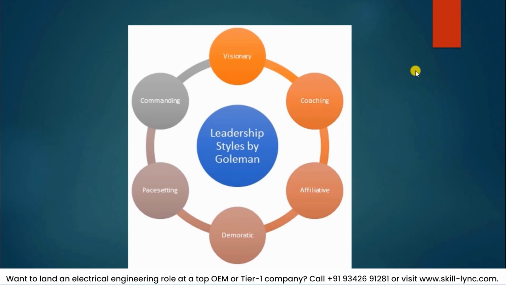So typically, a good leader is one who can effectively switch between all the six leadership styles as the situation demands. For example, in certain situations where genuine concerns have to be voiced, he has to be democratic, and he has to be affiliative in the sense that he can build cohesion within the team by supporting them. And also he has to be a pace setting leader, leading by example. He can show that this is how it has to be done, but then it is up to you how to do it.